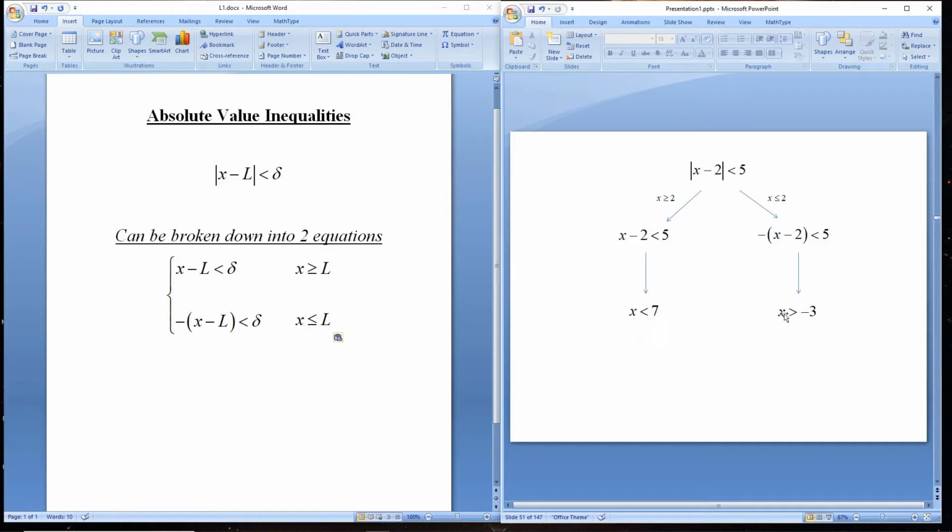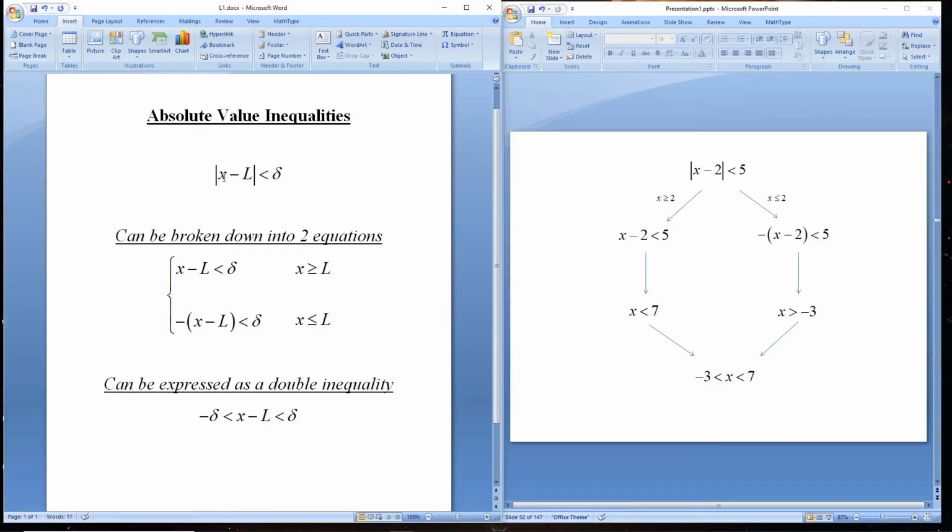And what can we do with these two expressions? Well, we can actually combine these back into a double inequality. So notice this says x is less than 7. So right here, x is less than 7. But x also has to be greater than minus 3. So x is also greater than minus 3. So not only can we break an absolute value down into two expressions, but we can eventually combine those expressions again to give us a double inequality. And this is something else that's useful to know,